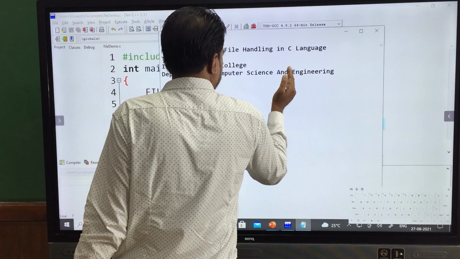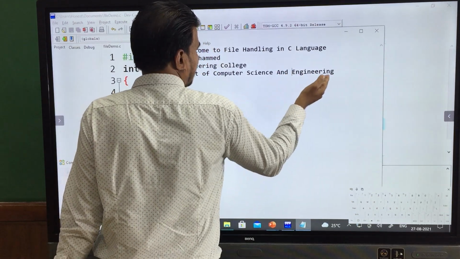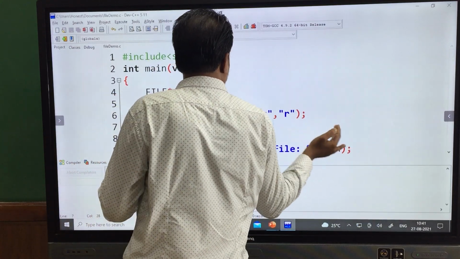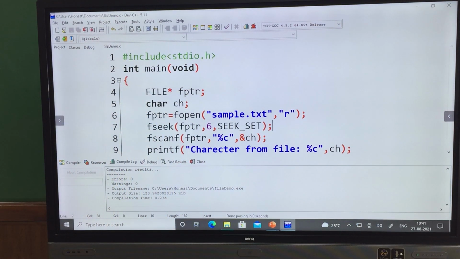Whenever you take from the end, the offset will be considered from the end of the file only. So what I have to put over here is seek from the end, and then 11 characters away.